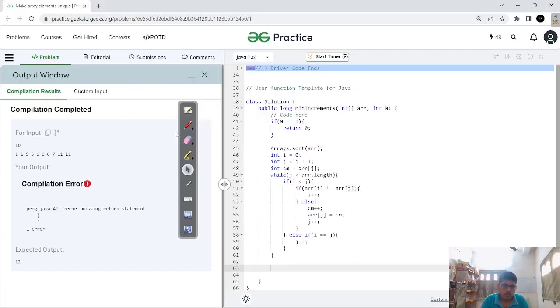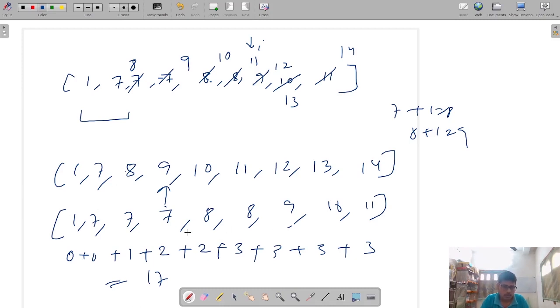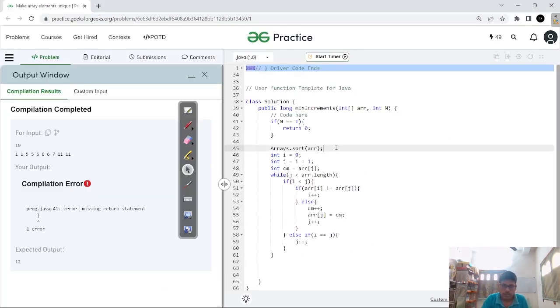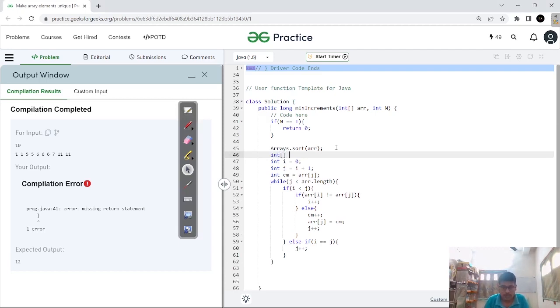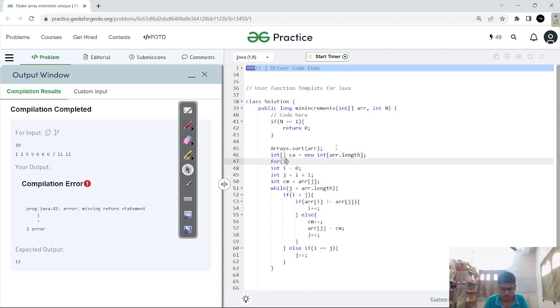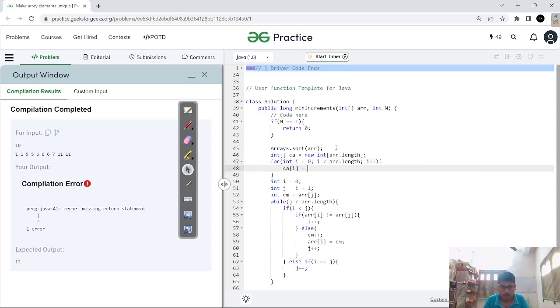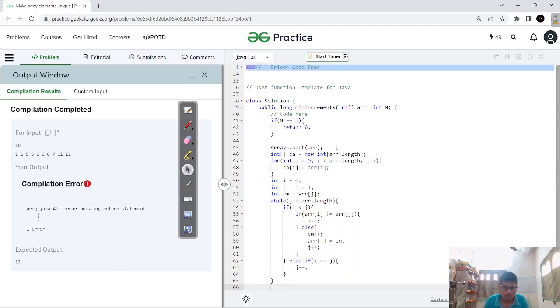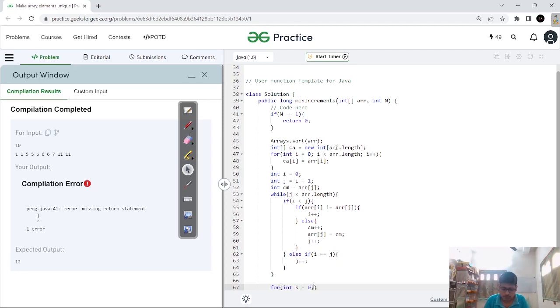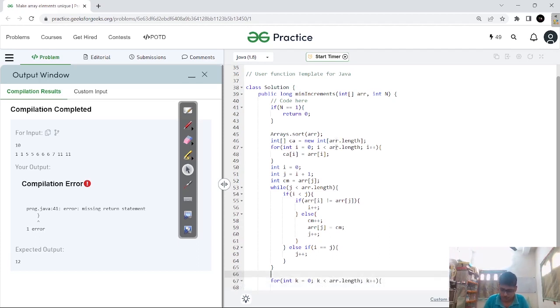So notice what we are doing. We are just subtracting our original array elements from our updated array elements. So I have to store the elements in some other array. Let me call it copy array, and I am storing the elements, copy array I equal to array I. Okay, now for int k equal to 0, k less than length, k plus plus, we have an